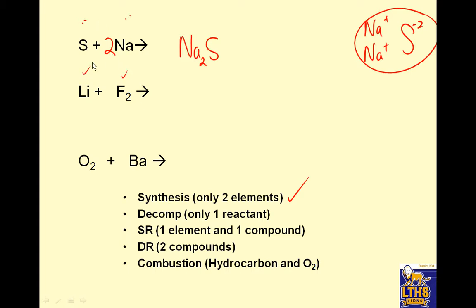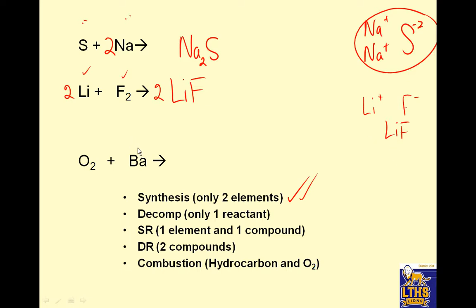Over here, we have element fluorine, element lithium. The only thing they could do is make 1 compound because it's synthesis. So then we go to the periodic table. Lithium's +1, fluoride's -1. The formula is LiF. That's what you write because you have to cancel the charge. Then you go back and say, wait a second, I need 2 of those. So you get 2 fluorines and 2 of those. All right, so combination or synthesis, you recognize because it's 2 elements, and then you use the periodic table to